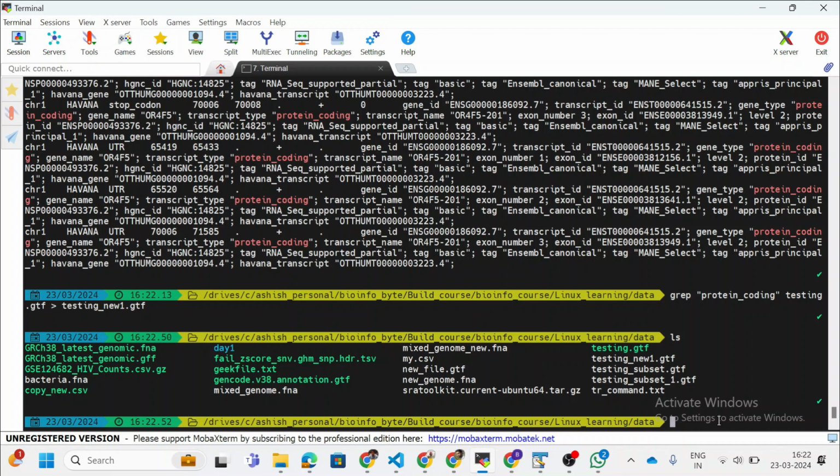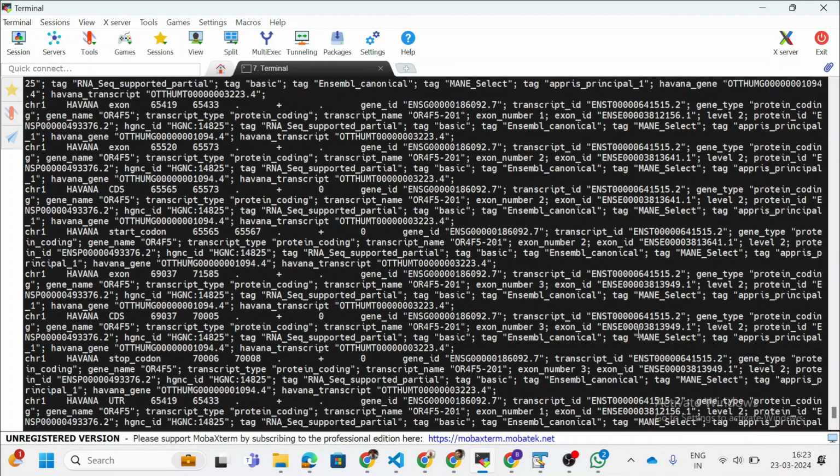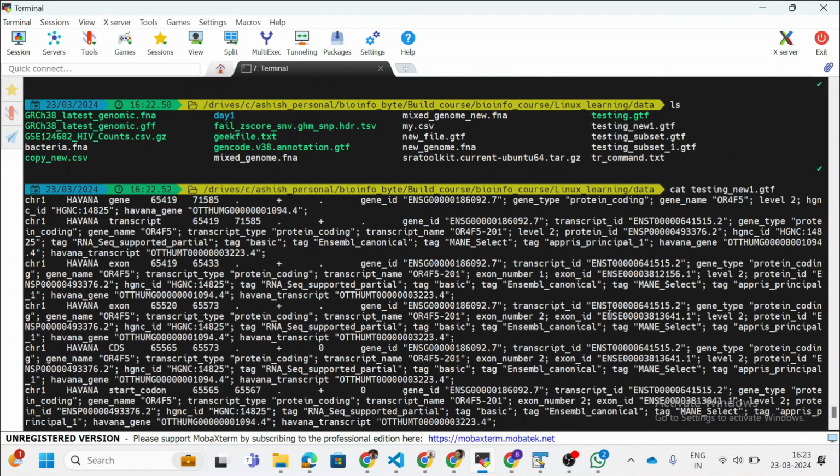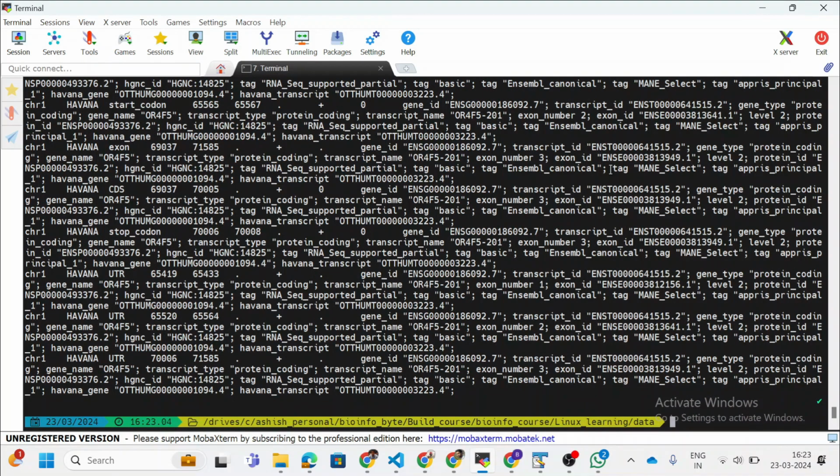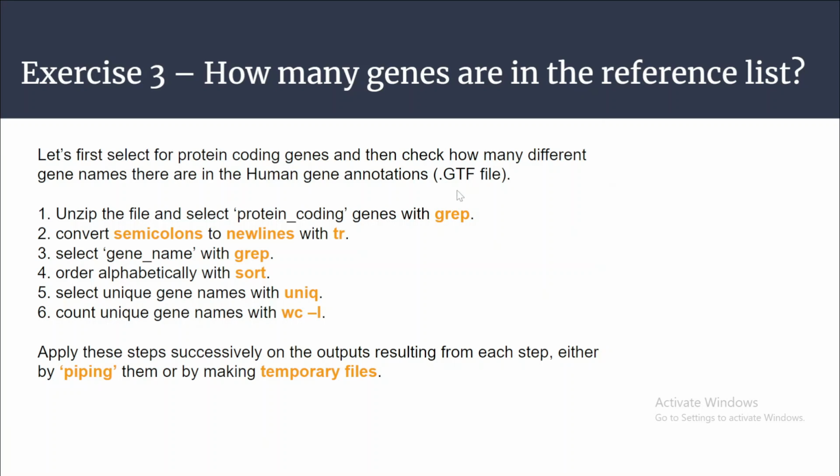Now if you do cat testing_new_one.gtf, you will have all the information and all the genes which have only the protein coding part. So we have created a subset file with the genes that are protein coding. So the first task is done. We have the file and we have the genes with protein coding.